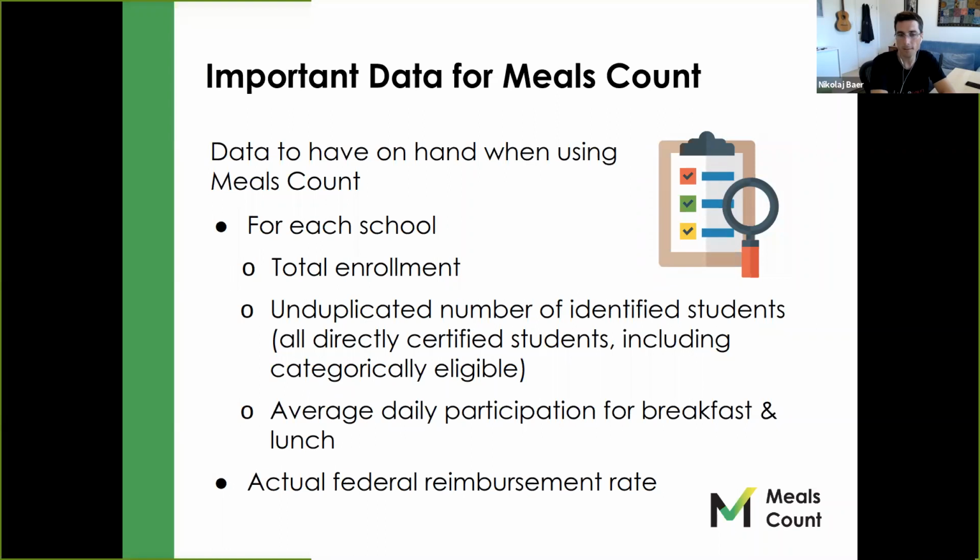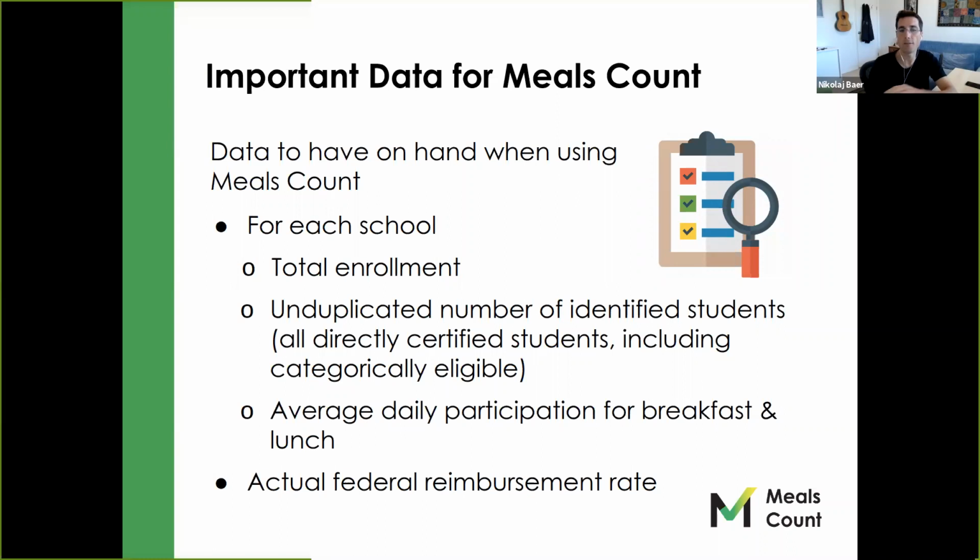It's really critical, because that part can actually influence the number quite a bit, because you only get reimbursement for the meals you serve. So if you have a school that might have a high ISP but a low participation rate, that would change how the grouping tool could optimize it. So it's important to get that in there. And the key thing is that this is a daily average. I'll talk a little bit more about some of the challenges in coming up with that number, especially right now in the strange world we live in. And that's maybe a question also for Emily and Tam at the end.